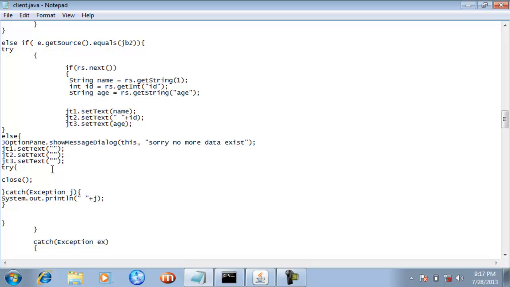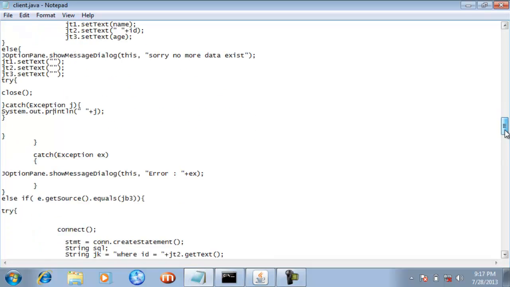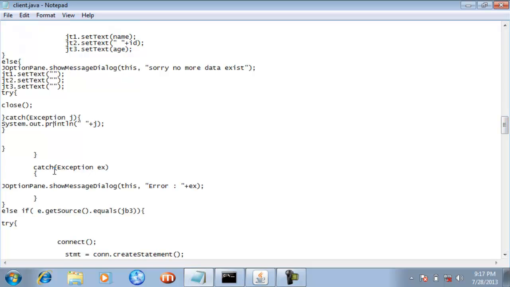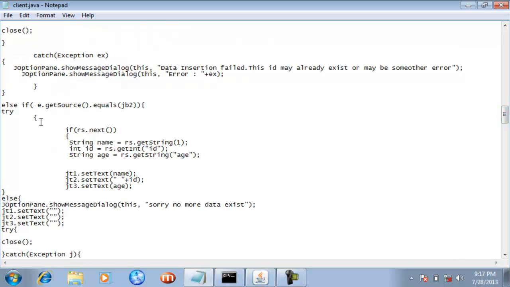But I have used a try catch block inside this else block, and with the help of this try block, as you can see, I have used the close method. With the help of the close method, I have closed all the links we have made with the database, and here is the exception.